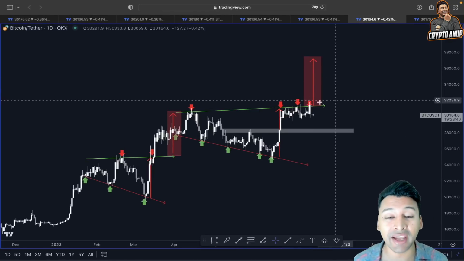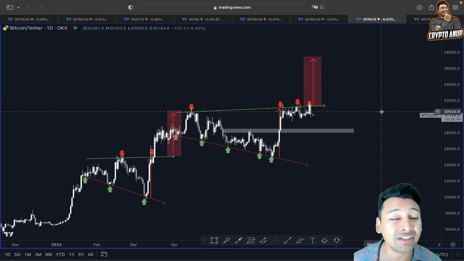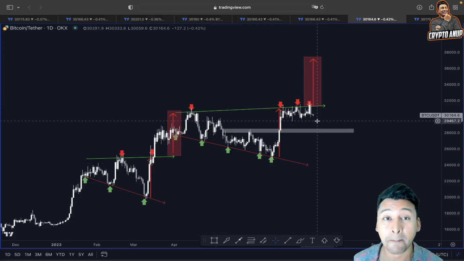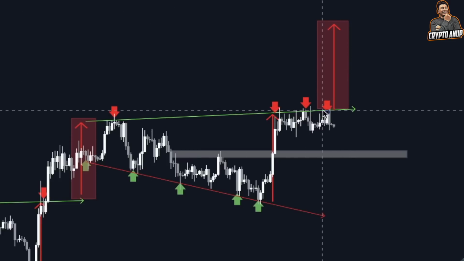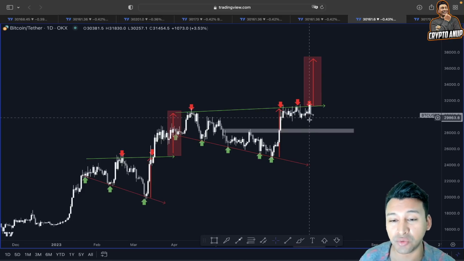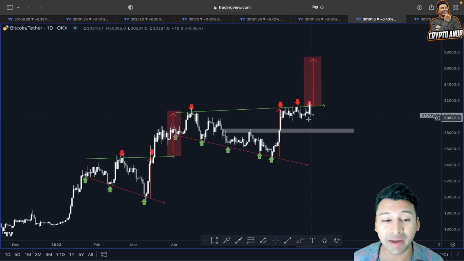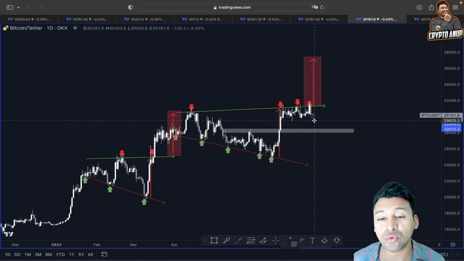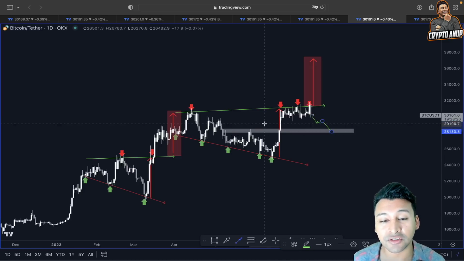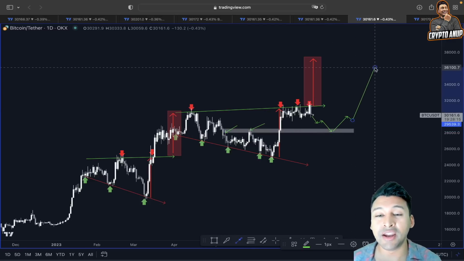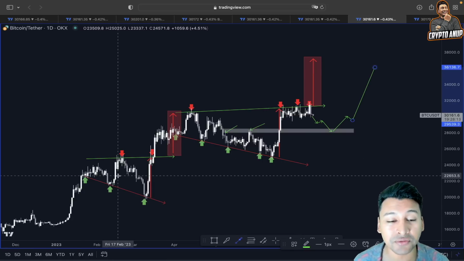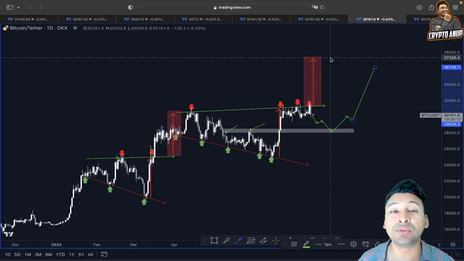Now, even if we look at this as a broadening wedge, this broadening wedge scenario clearly points us that the price in the medium short term might show some more range bound. Why? Because the upper trend line is acting as a resistance. We tried plenty of times to break out of it between 31 to 32,000, but we failed. So in the medium short term, if this is going to be a continuation pattern here to the downside, then I am actually expecting the price of Bitcoin to show movement towards the next area of confluence, which is this horizontal line around 28,000, and then show another move here to the upside, because the price objective from this broadening wedge is going to be between the 35 to 40,000 range.